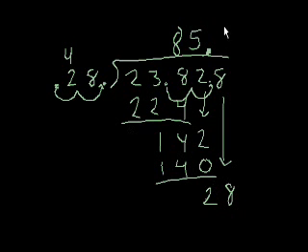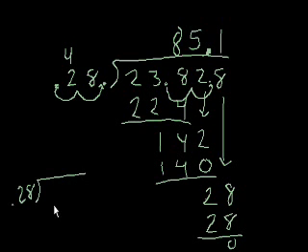28 goes into 28 exactly 1 time. 1 times 28 is 28. Remainder 0. Done. So 28 goes into 2,382.8 85.1 times, or you could say 0.28 goes into